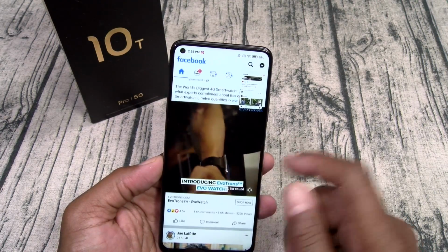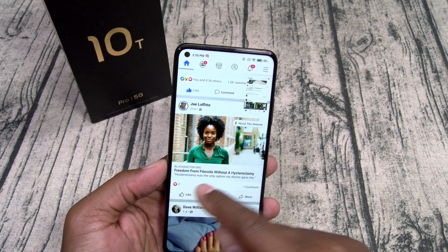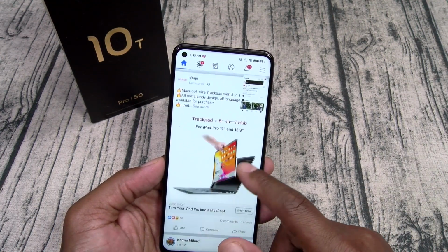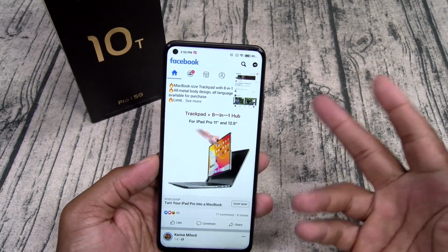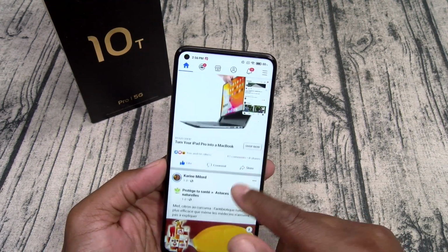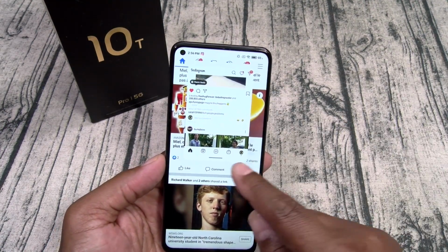Okay. Go ahead and like that. New watch coming out. All right, Jay, you're looking good. Let's see, little COVID results. I don't like none of that stuff. Let's see, new trackpad and keyboard for the iPad. Let's go ahead and like that. I'll check that later. Matter of fact, this is kind of depressing. Let's go back to